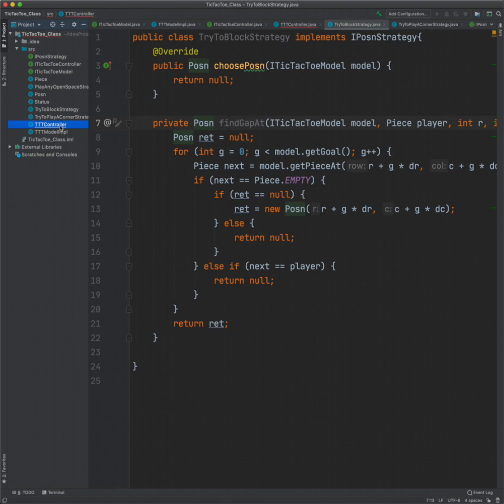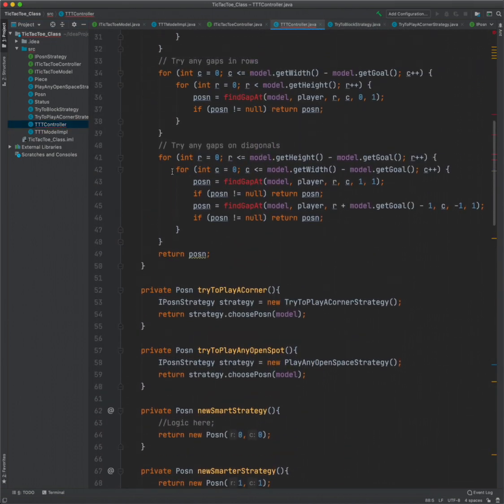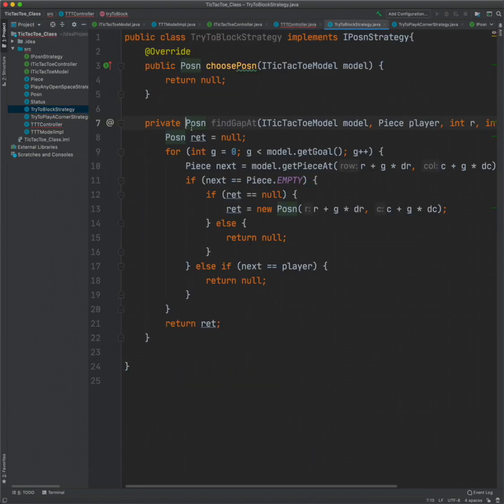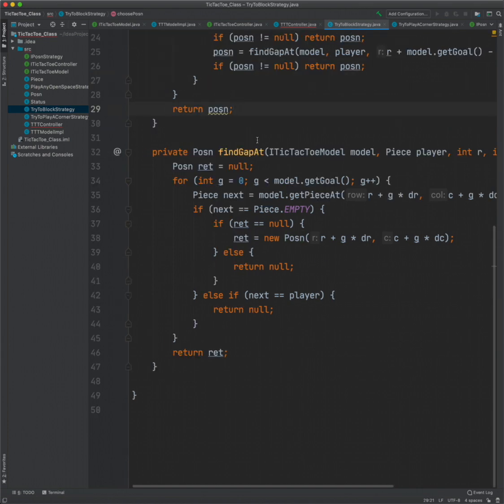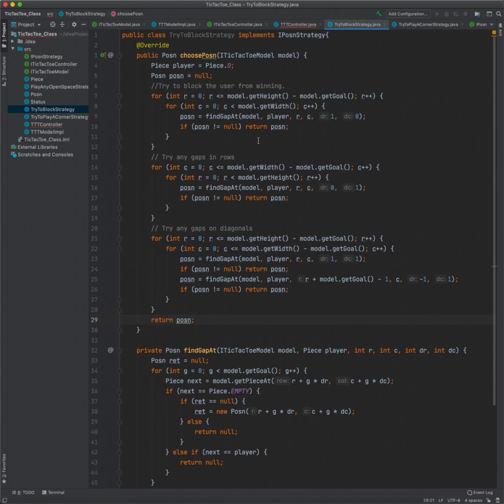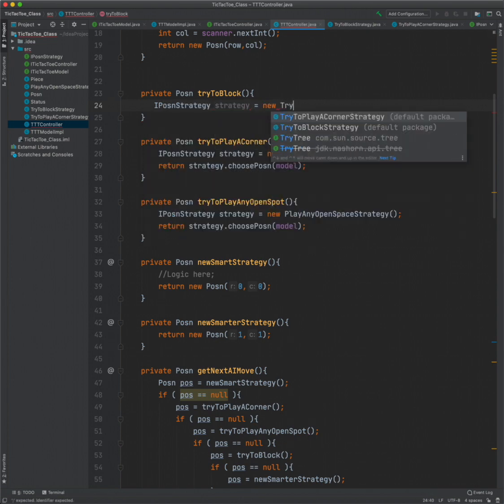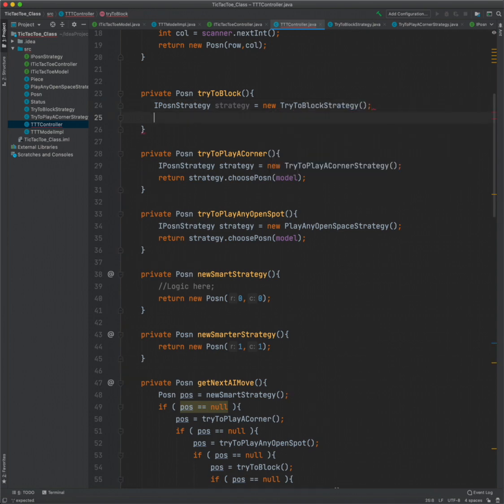and then we'll go back to my controller, and we'll take my try to block code right there. We'll go to my try to block strategy, and we'll put it here. All right, that looks good. So now I'll go to the controller, and I'll say IPositionAndStrategy equals new try to block strategy, and we'll say return strategy dot choose position model. All right, now the last thing that I have left over is